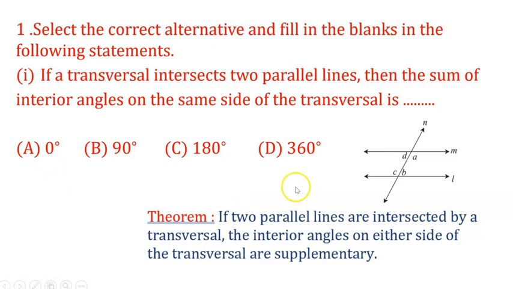Okay. Now see this here. These are two parallel lines, M and L. N is the transversal, and the sum of the interior angles A plus B is equal to 180, and hence option C is correct. Now next,